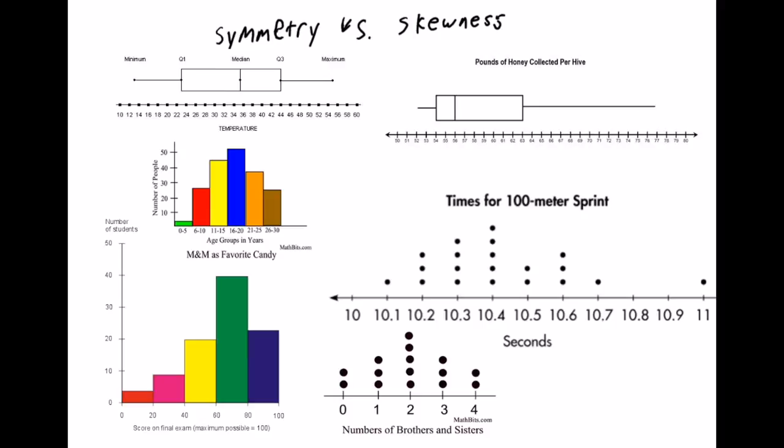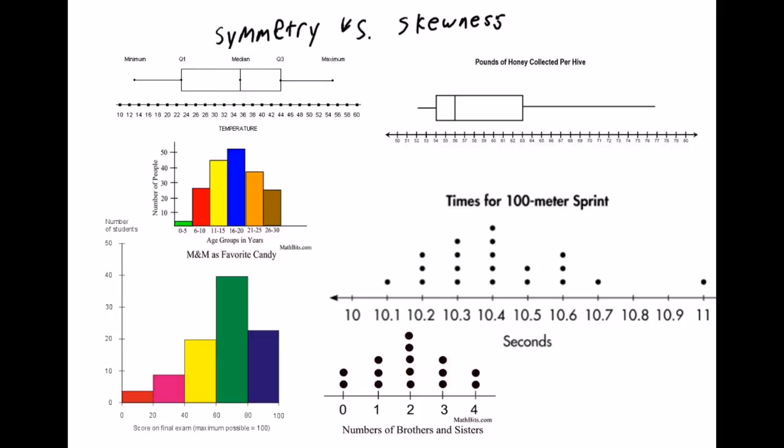So the opposite of symmetry is skewness. And with skewness, the graph is sort of pulled to one side or the other. And we'll talk more about that in a second. You can be skewed one way or another, but it pulls the graph from one side to another to get rid of the symmetry. So let's look at some ones that are symmetrical,